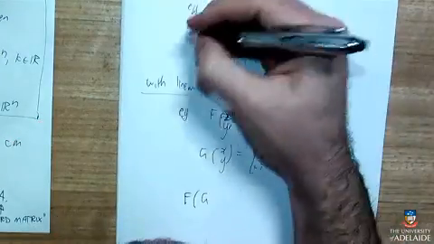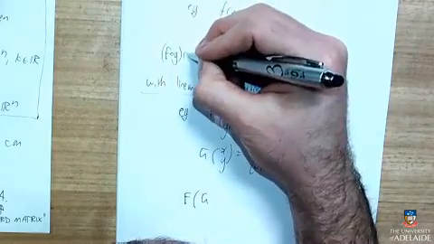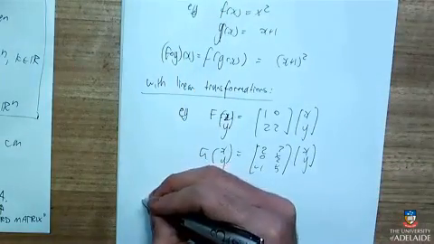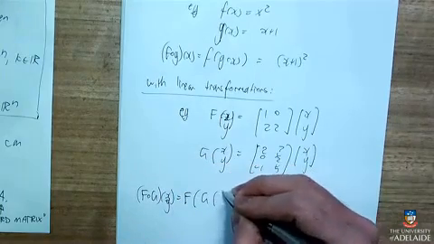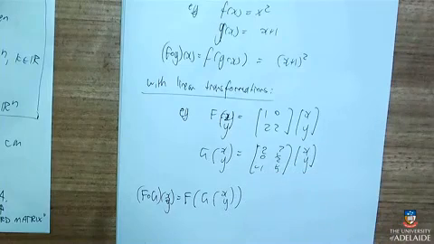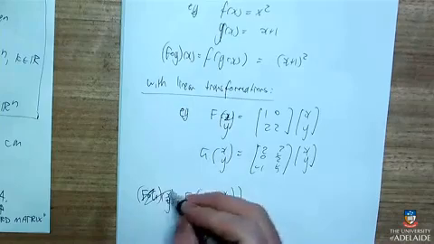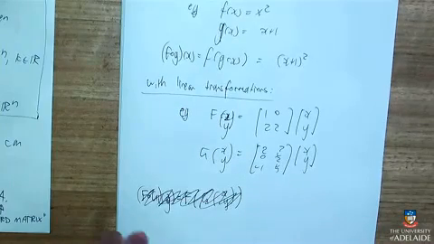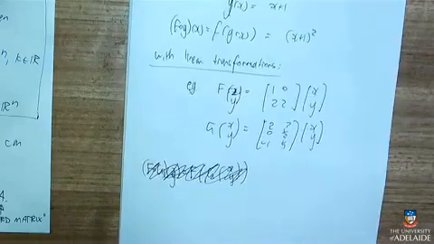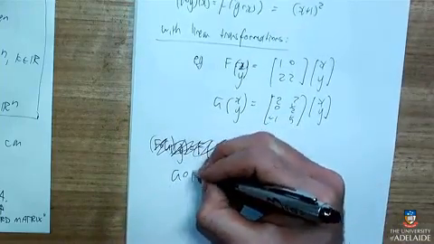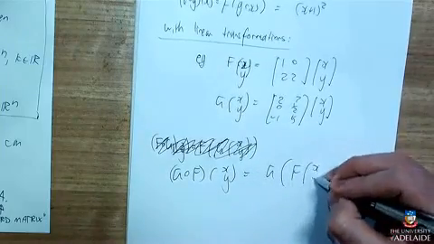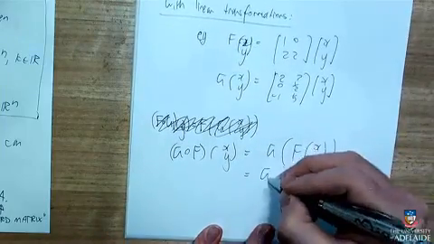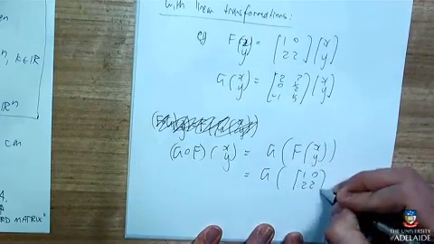Back here, this was called f of g of x. Right. So f of g of the vector (x, y) would be f of g of (x, y). Oh, I can't do f of g, and we'll explain why in a second. g of f of (x, y) is g of f of (x, y), and f of (x, y) was [1, 0; 2, 2] times (x, y),